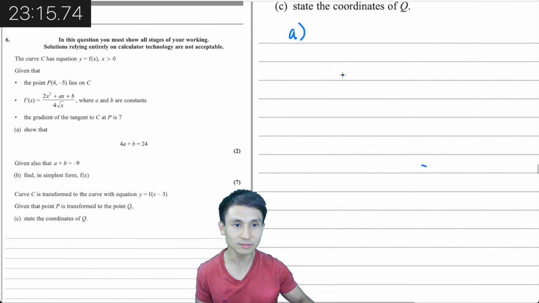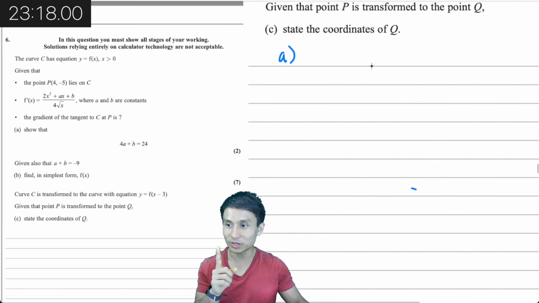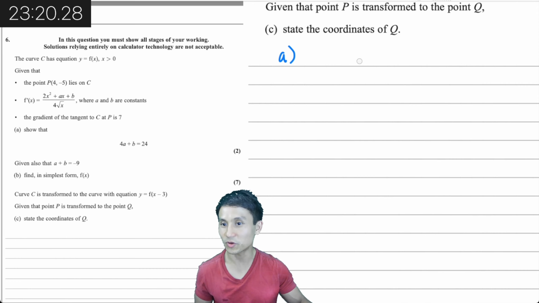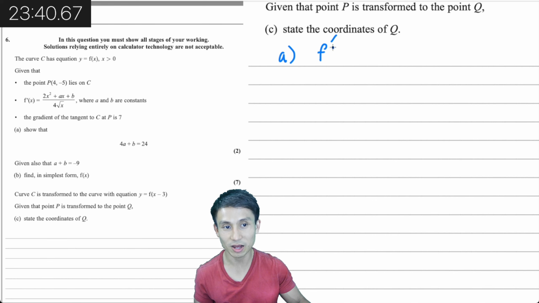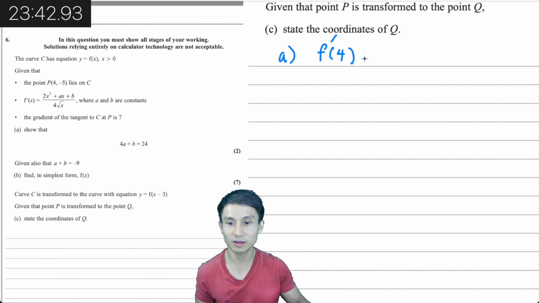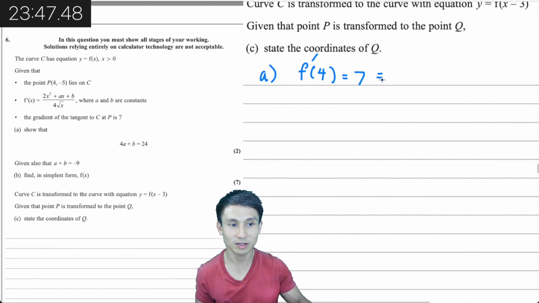Okay. So note that we've got to be careful. Don't go on autopilot. We already have the derivative function, which is f'(x). That is dy/dx, guys. So that means if we substitute x equals the x coordinate of P, which is 4, we're going to get the gradient of the tangent to the curve C at P. Okay, so we do f'(4), which should be 7, because they're giving us 7, equals